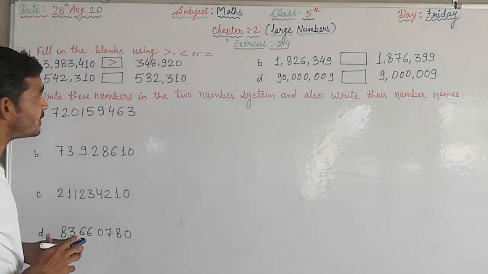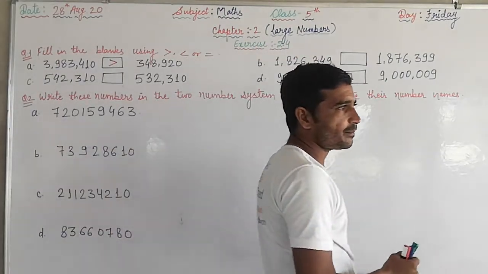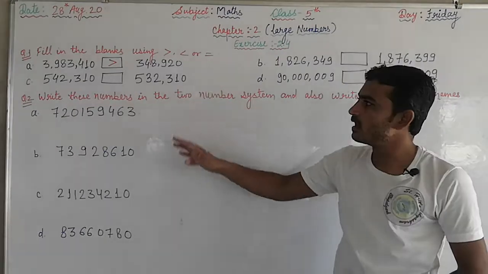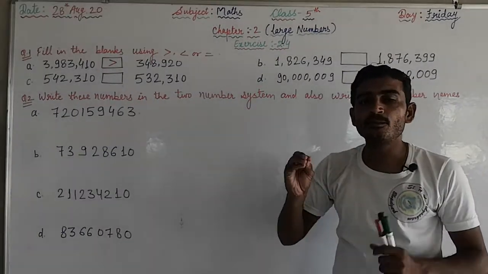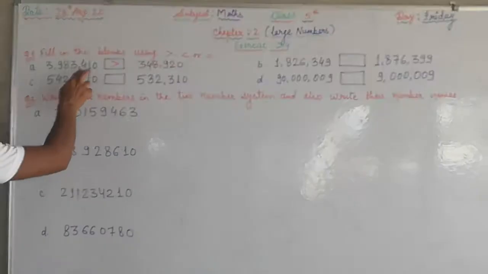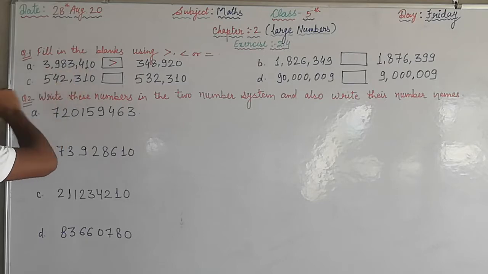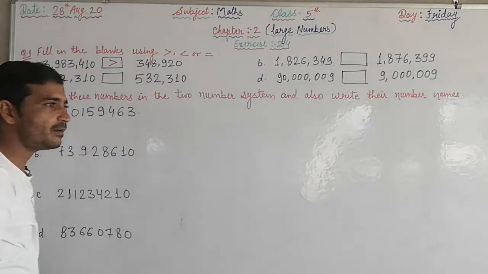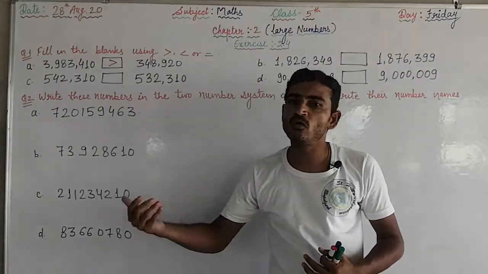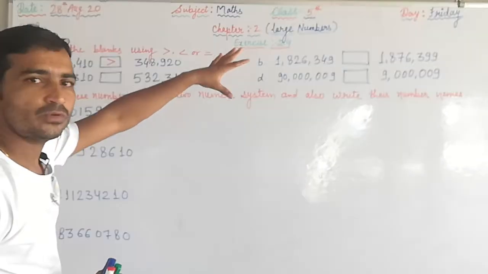First you notice that all these numbers are in which form? Indian place value chart or the international place value chart? These numbers are according to the international place value chart. How do we know that? See, the comma is after every three digits. While in the Indian number system, first we place a comma after the 3 digits, then after two digits. So that's why it's the international place value system.